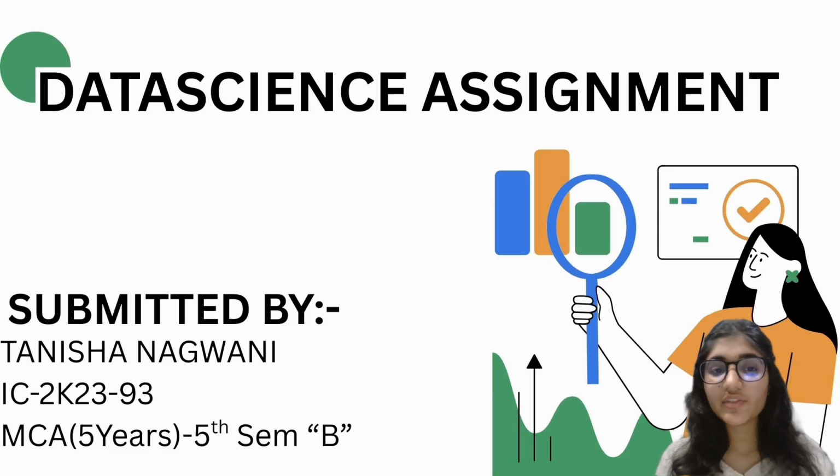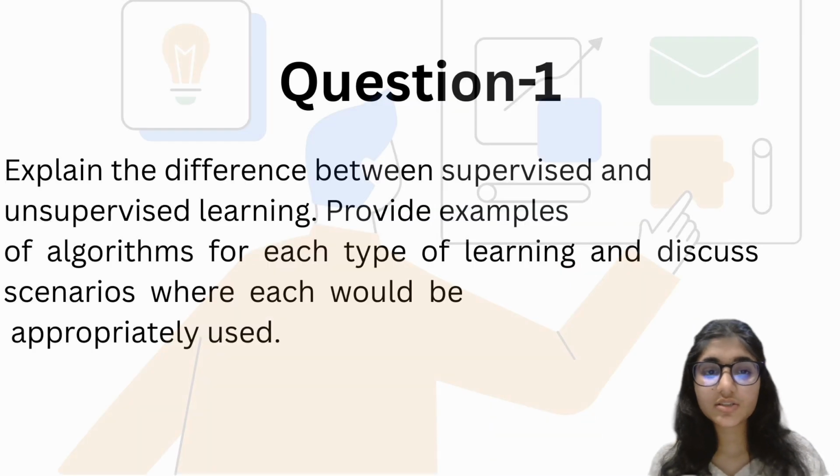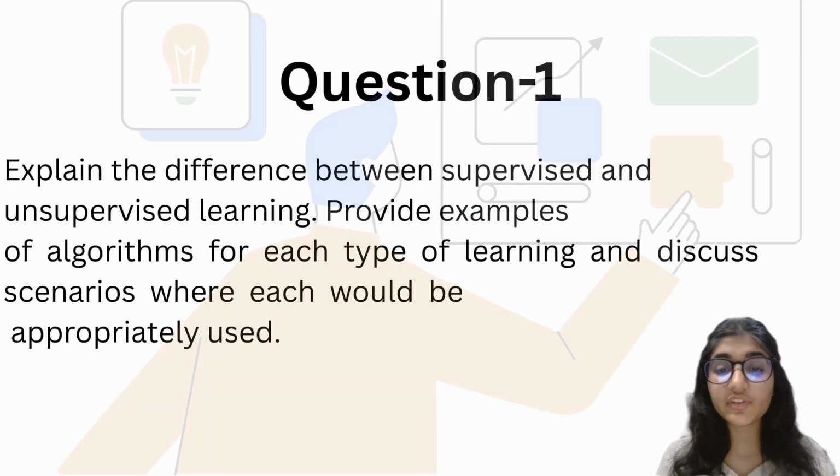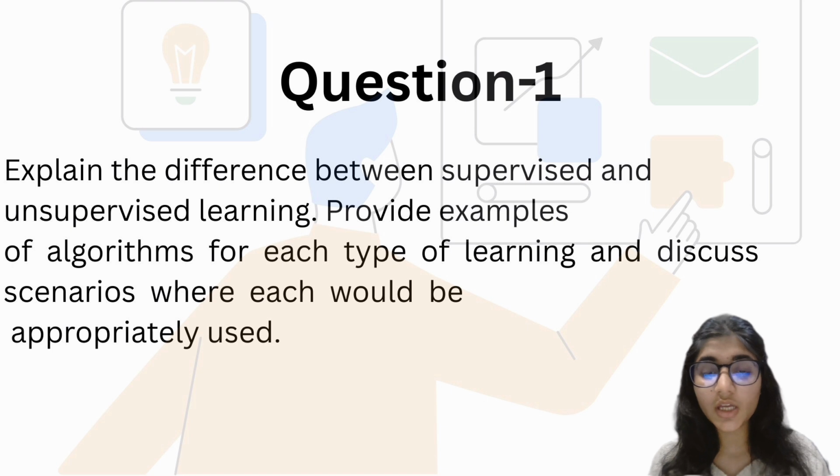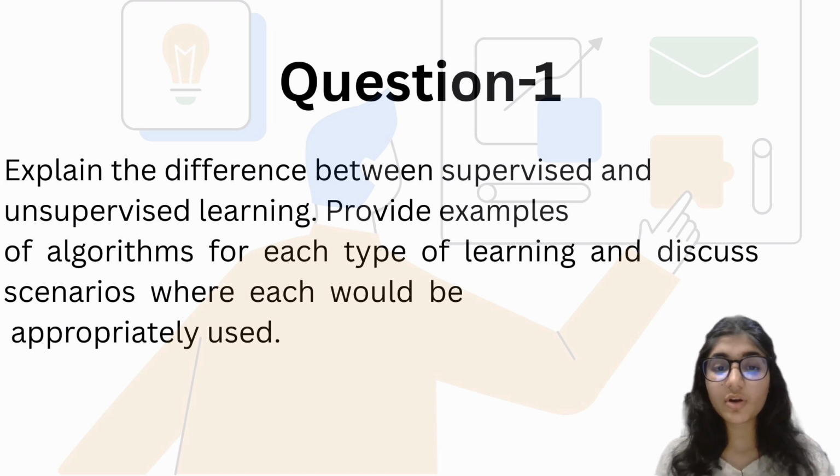In this playlist, we will solve the data science assignment. So, starting with the first question. The question is: explain the difference between supervised and unsupervised learning. Provide examples of algorithms of each type of learning and discuss scenarios where each would be